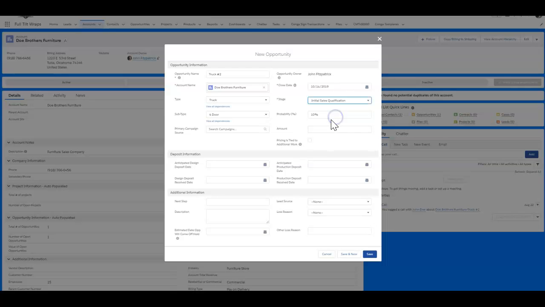In this case, we'll put it at the initial sales qualification. We can override the probability to whatever we want to. We can also put in an amount that we think that this is going to be. Because this is now the second, we can also tie this to an additional work. So we're going to say that the pricing is going to be established. Maybe it looks lower than it should be. But in this case, we're doing this to say that, hey, this pricing is tied to some additional work. So this is another, and we'll say it's $3,750 is what we have estimated right now,